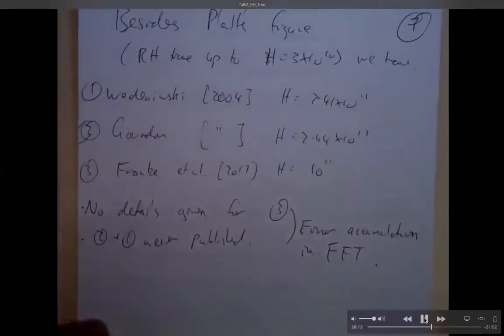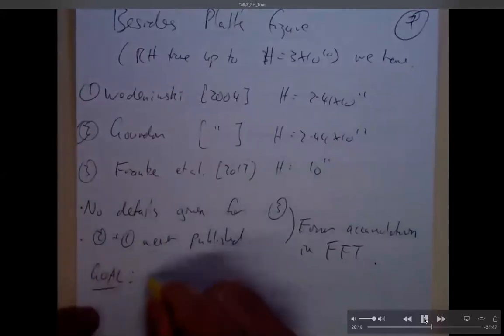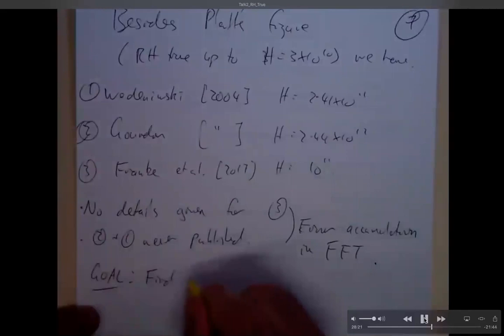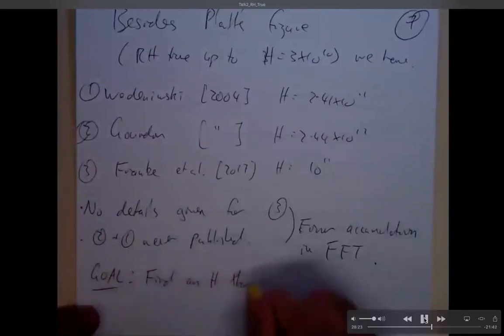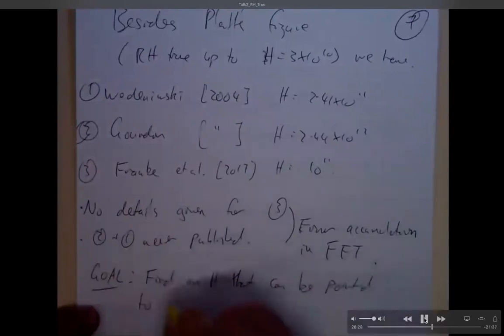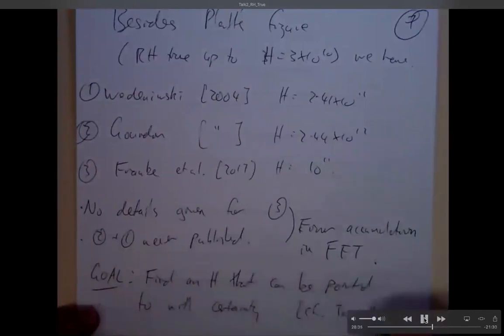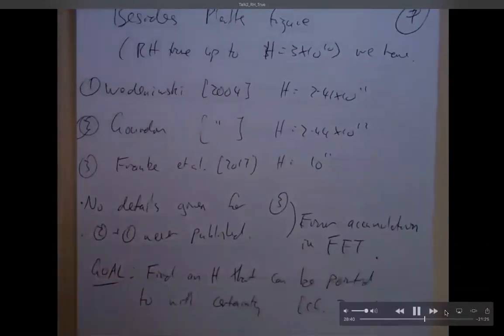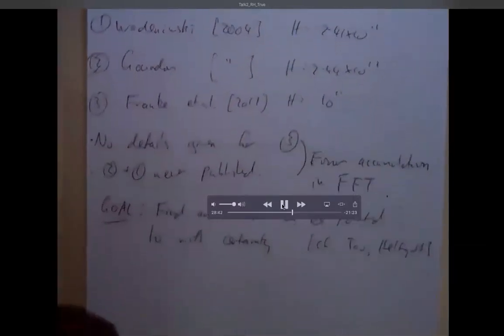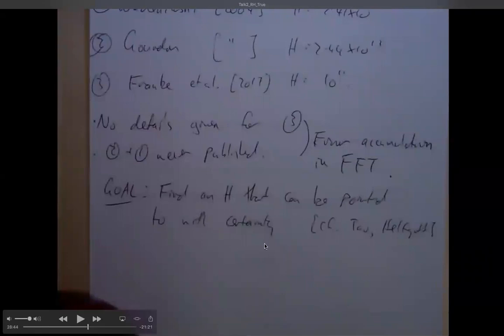So we thought, okay, well, we can do this. There are various theoretical goals that we can insert. There are various tricks we can use to speed things up. But what we wanted in a sentence was to find a result that can be pointed to and people can say, that's the result. That's the height to which the Riemann hypothesis is proved. And it's being done using a robust algorithm. I was trying to invoke some authority here. So find an H that can be pointed to with certainty.